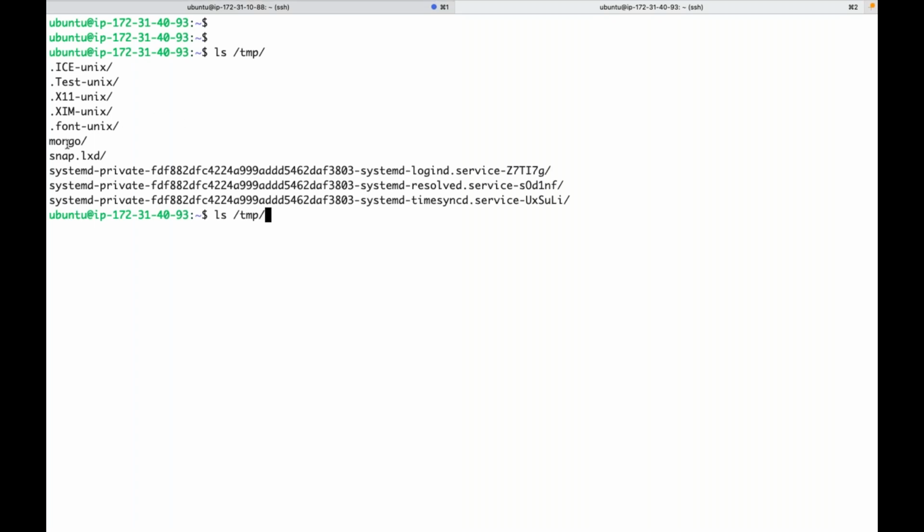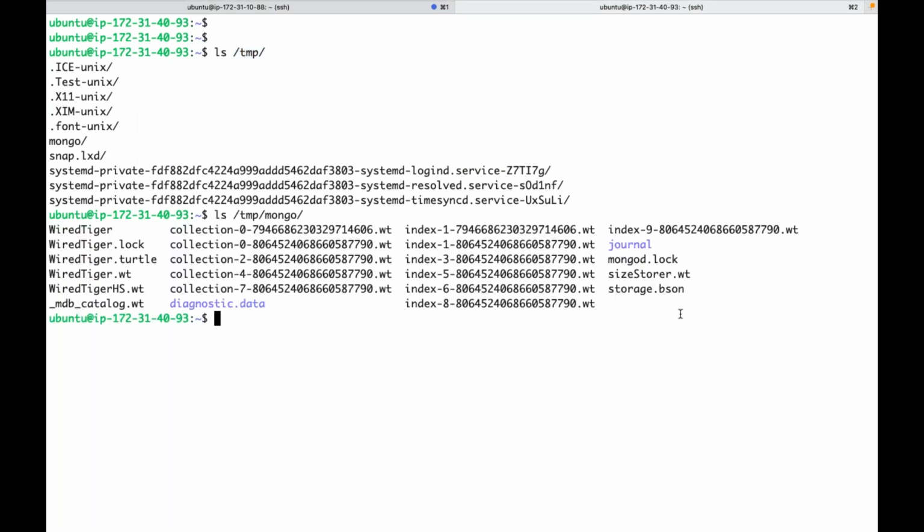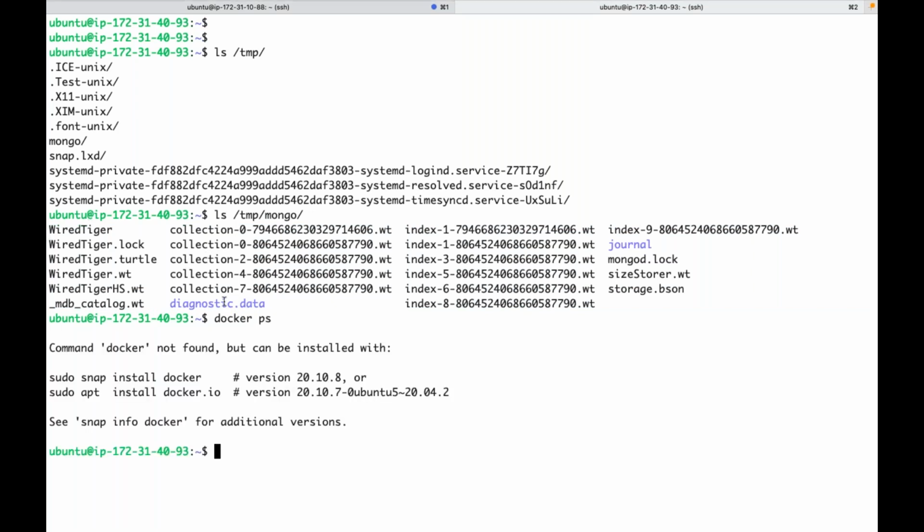Do you see one folder called Mongo is created in that folder? So what is this? Is all this data part of the database pod container? If you see, Docker is not there. Okay, here it is containerd, right? Okay, that is fine. So here it is maintaining the data. Now the database pod is running in this node.